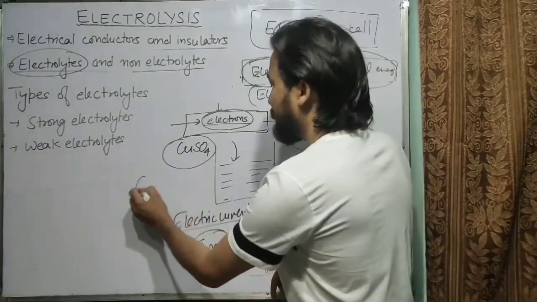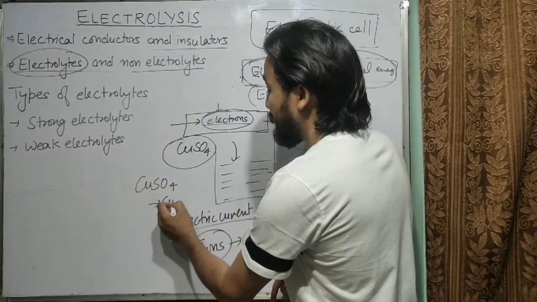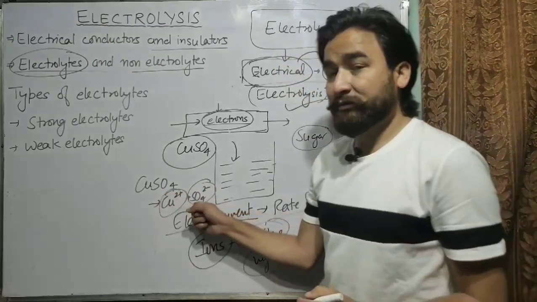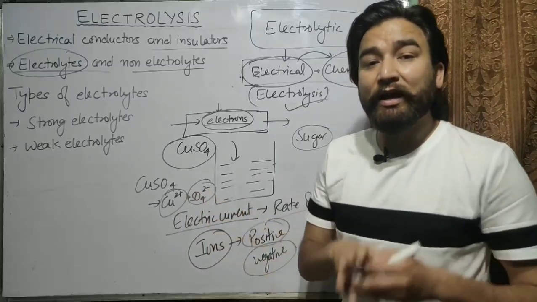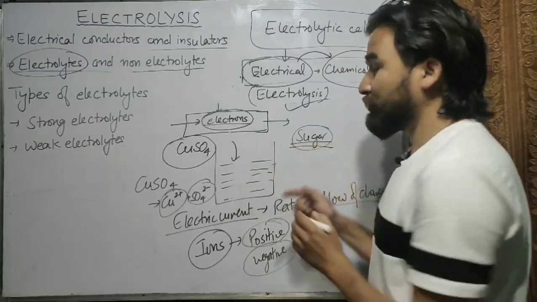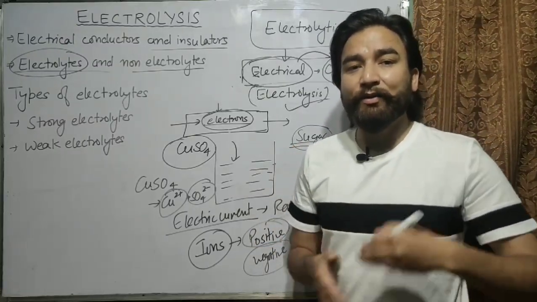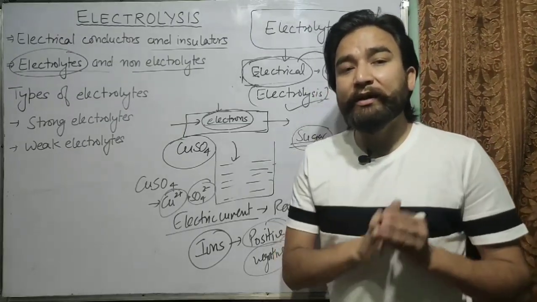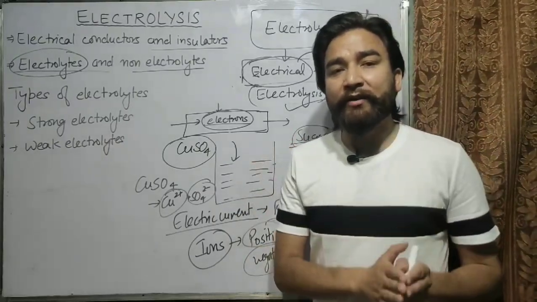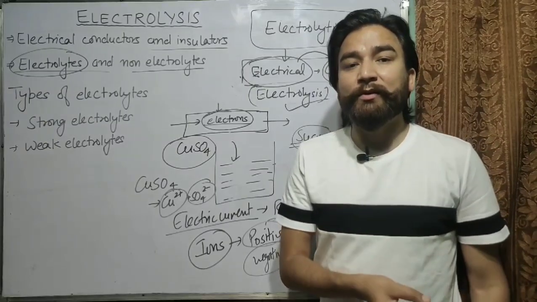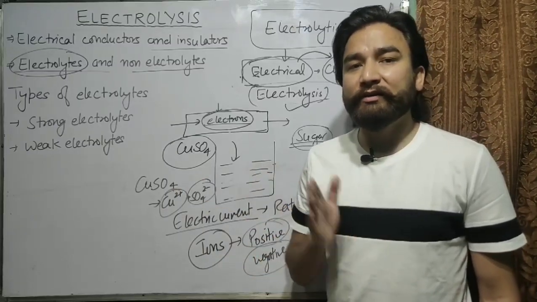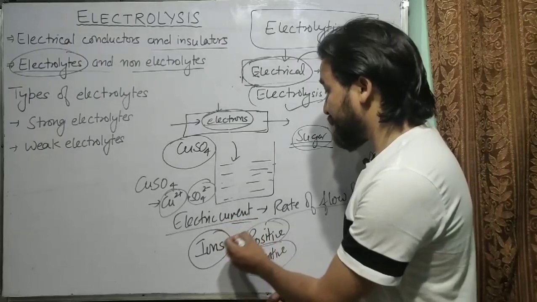Copper sulfate, when it is dissolved in water, forms copper ions and sulfate ions. Because it forms ions, it will allow electricity to pass through it in its solution. But sugar does not form any kind of ions when it is dissolved in water, therefore it cannot allow electricity to pass through it, because the solution of sugar does not have charge carriers. Since there is no such particle which can carry charge through a solution, it will not allow electricity to pass through it. So this is a huge difference between